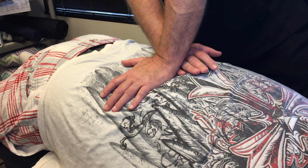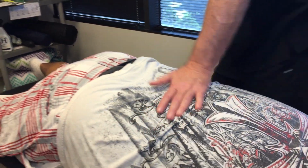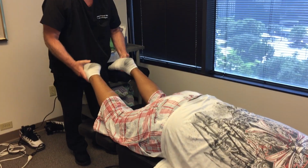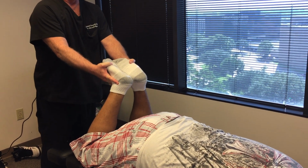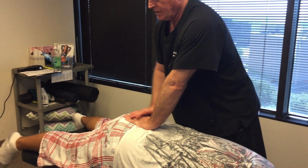Still think I got one right here at this lower thoracic. That's it. Yep. Okay, let me recheck your leg length here, which is even now. This should feel a little bit easier than that first time. It sure does. Yep. Okay, I'm going to have you lock your right leg straight and lift your right leg